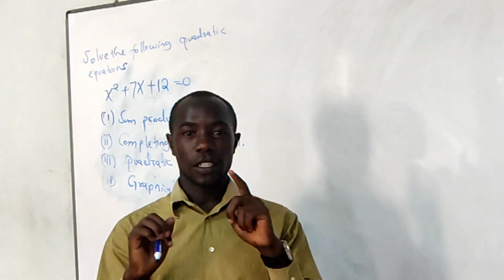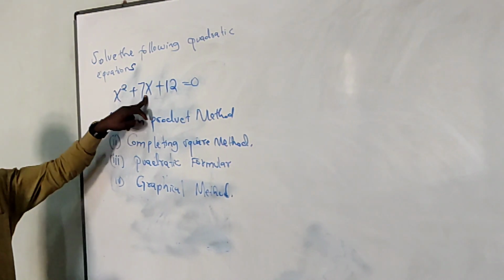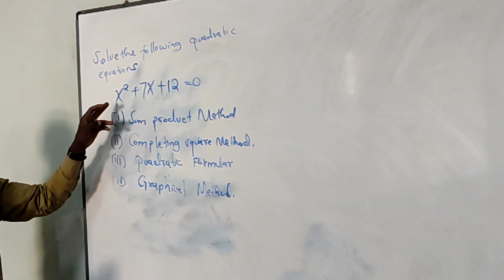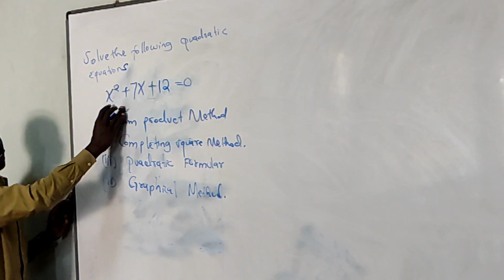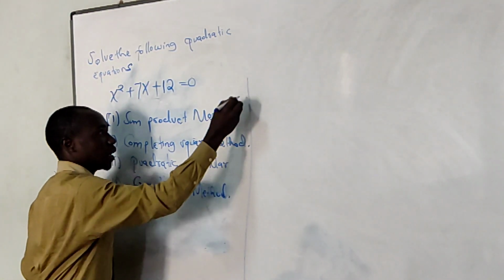The form of quadratic equation. Let's look at it. Quadratic equation is given as x squared plus 7x plus 12. So we can see we have what's called letters and numbers. That's why quadratic equation will take the form